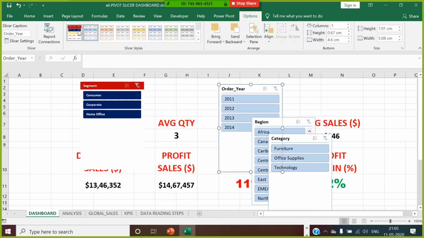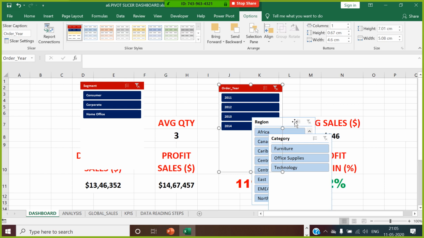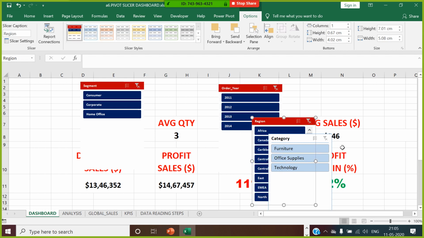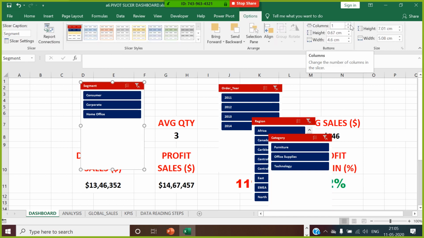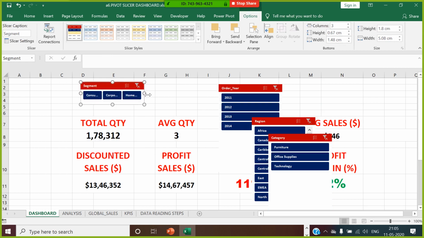Apply the same style to all, to this and to this. Okay guys, selecting this, go for making this to 3 columns. How to present this?